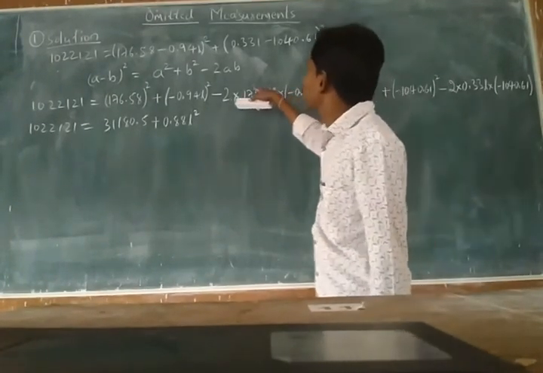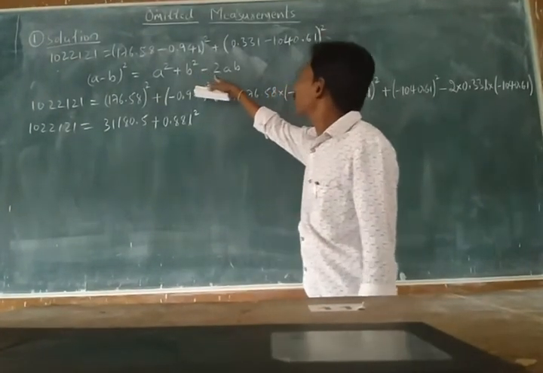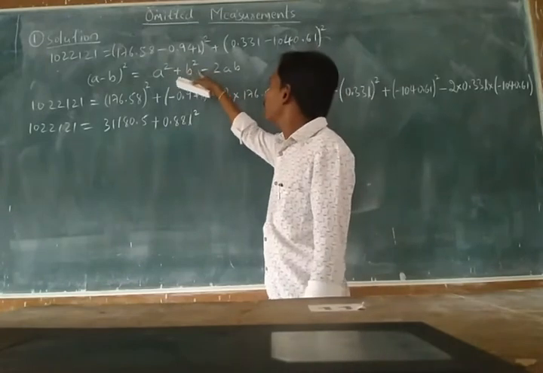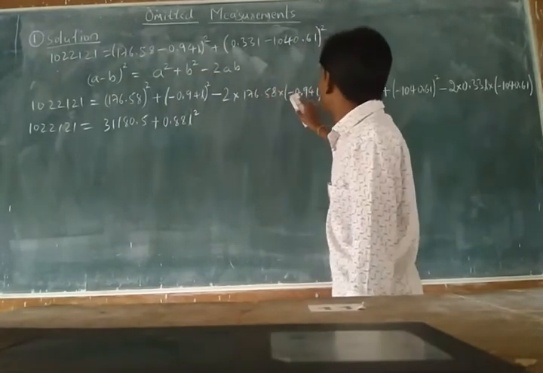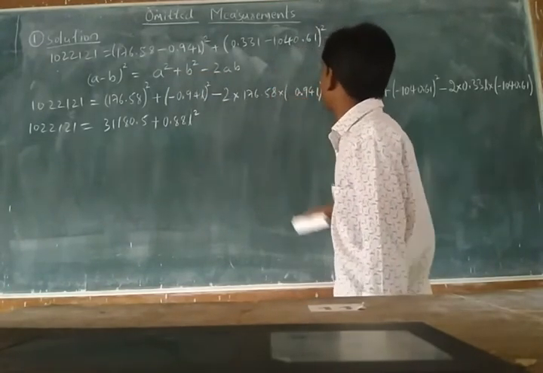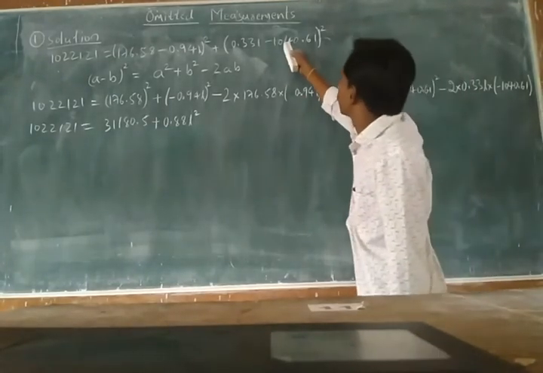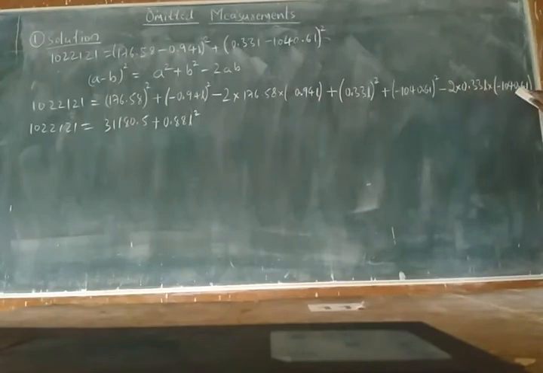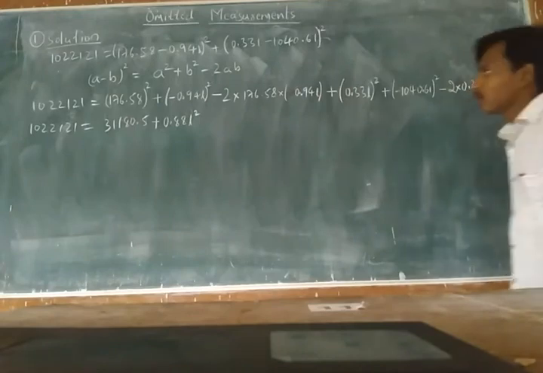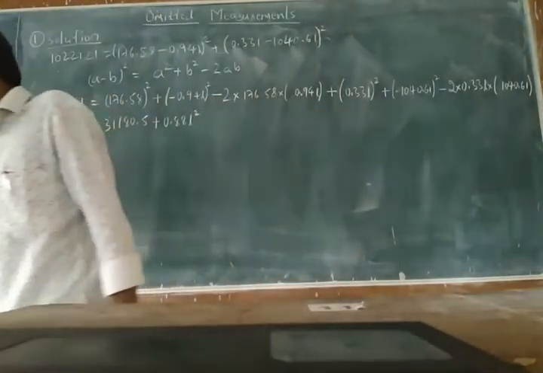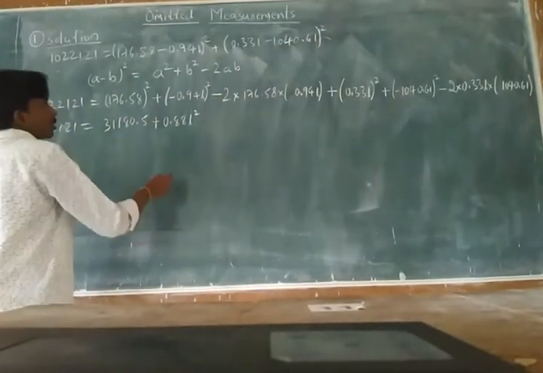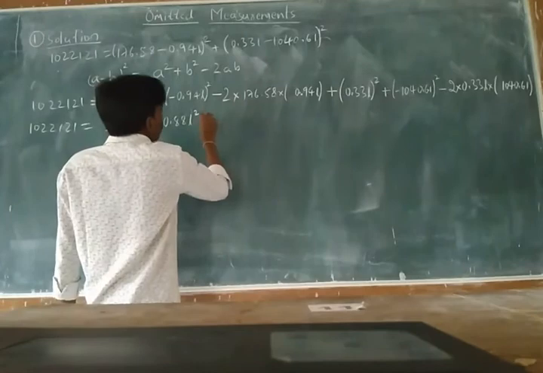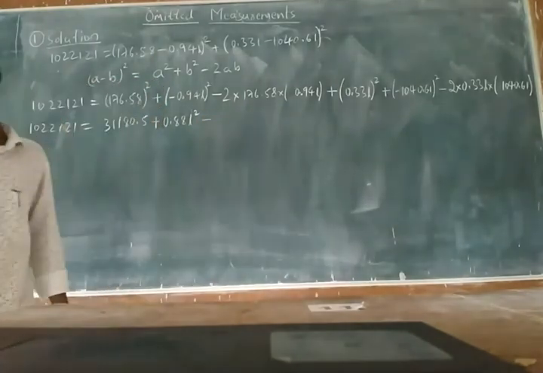We have to neglect the sign because already as per the formula we are taking minus 2ab, so just neglect this sign. In the same way, here the b value has a minus sign. In the minus 2ab substitution, just leave the sign. Now after calculation of minus 2ab, you are getting the value